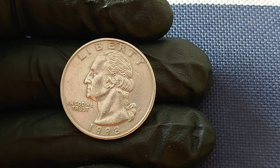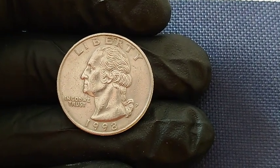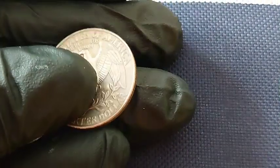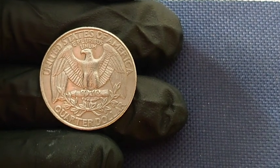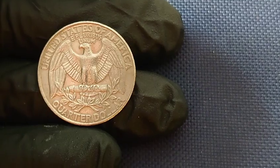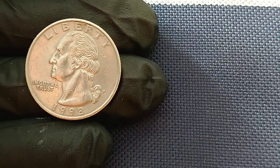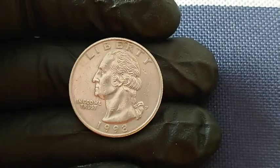And even more fascinating was the discovery that the quarter exhibited a triple strike, yes, not just a double strike, which is rare enough, but a confirmed and clearly visible triple strike, each impact slightly offset from the last, causing ghost-like shadows of Washington's bust and the inscriptions, "In God We Trust," and "Liberty," to appear hovering around the main images like an echo of minting chaos frozen in metal, and perhaps the most visually stunning aspect of